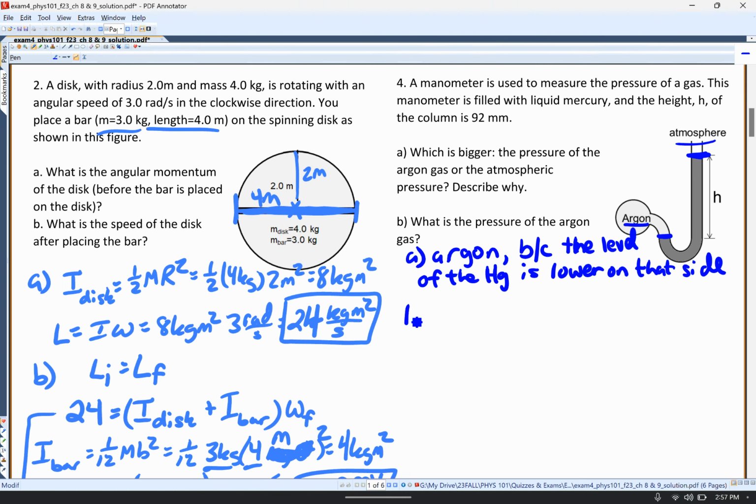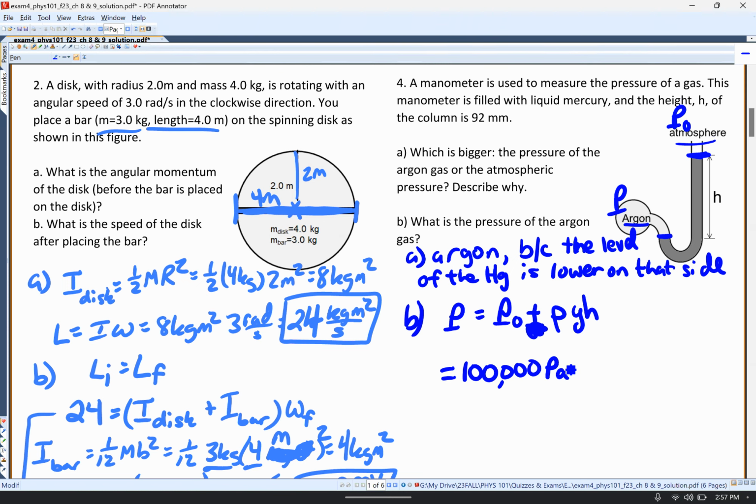And then B, I want to know what is the pressure of that argon gas. So I know that P is equal to P naught plus rho g h, and this would be my P, my unknown, and this is my known pressure. So now, should this be plus or minus? Since P I know is bigger, then I'm going to drop the negative. It has to be plus, and so that's going to be equal to 100,000 pascals plus